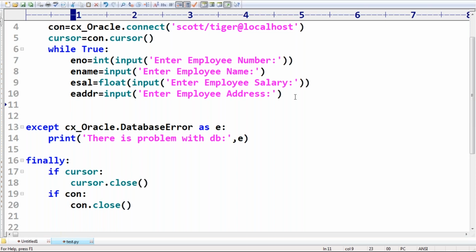Now let me create my SQL query. Sir, here query is equal to, observe very carefully, sir. What is the query I'm taking, sir? Insert into employees. Insert into employees values. What I'm trying to take is values. Okay, sir, what values do I require to take? First one,